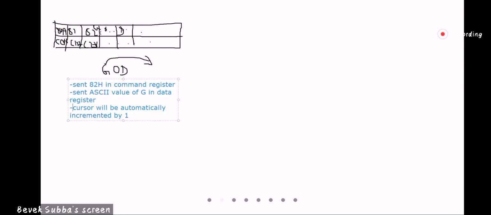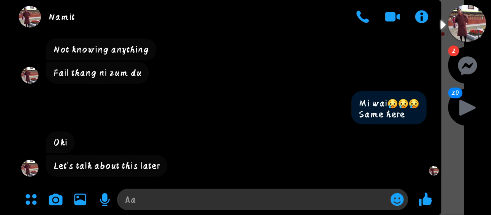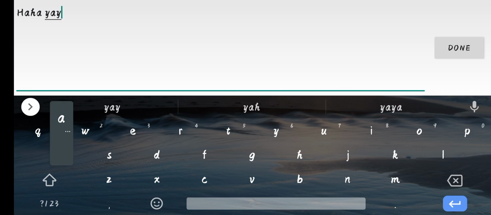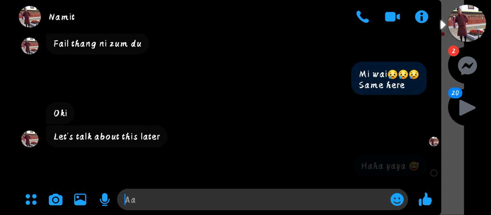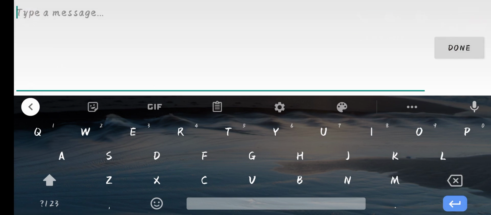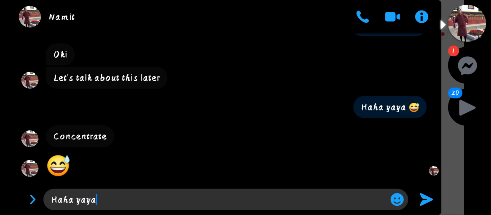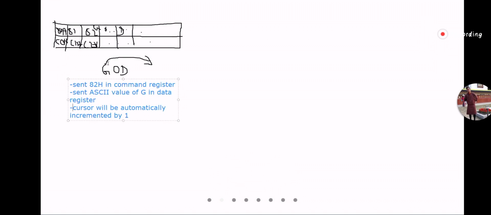Then the ASCII value of G will be sent to your data register. GOD will be written in the lookup table, so you will be using a lookup table. What register will you use to bring the data from the lookup table? Can someone tell me?